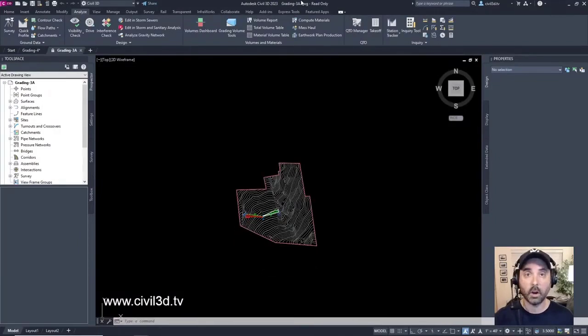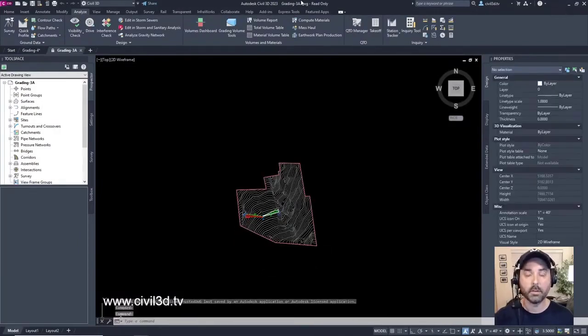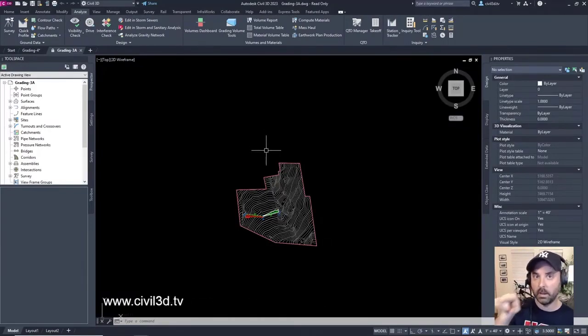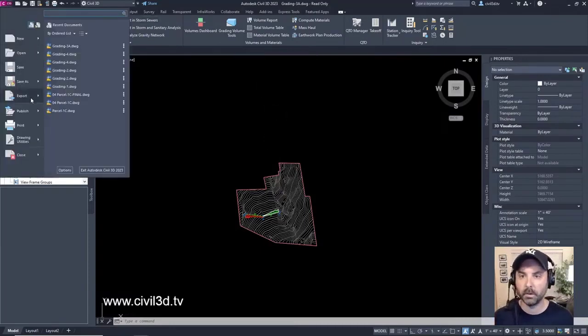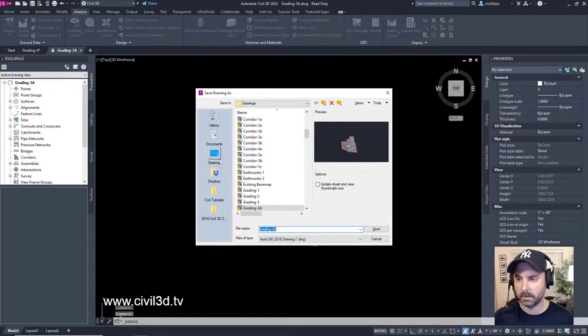I don't know if you guys caught that, but that was the path to my installation folder for Civil 3D. So that's the place where you can get your exercise files. I'm going to do a save as of this. I think this is already on my desktop, but